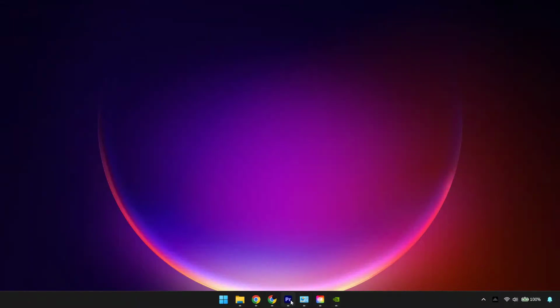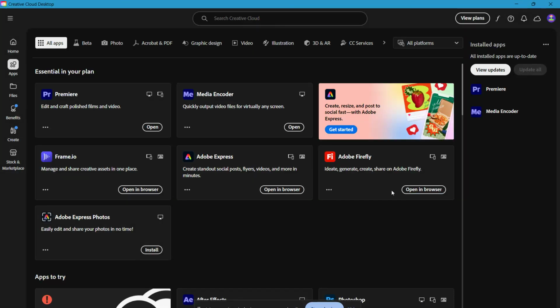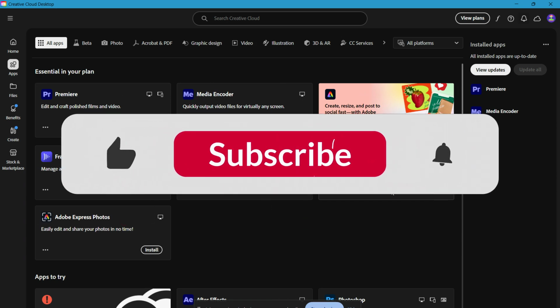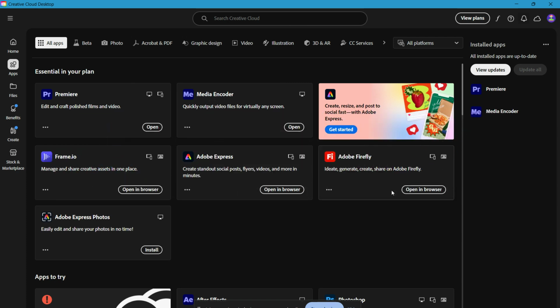If Adobe Premiere Pro is giving you error 0xc000007B, don't worry. This is a common Windows application error, and it usually means there's a problem with missing, corrupted, or mismatched 32-bit and 64-bit files. In many cases, the issue comes from DirectX files, Microsoft Visual C++ distributables, graphics drivers, or a damaged Premiere Pro installation. In this video, I'll walk you through the most effective fixes step by step so you can get Premiere